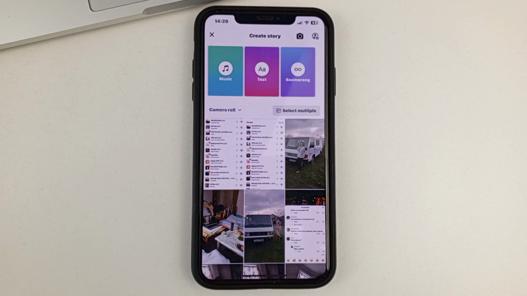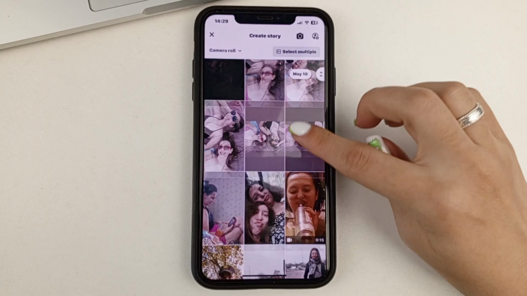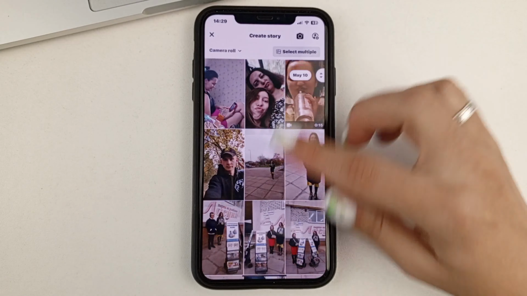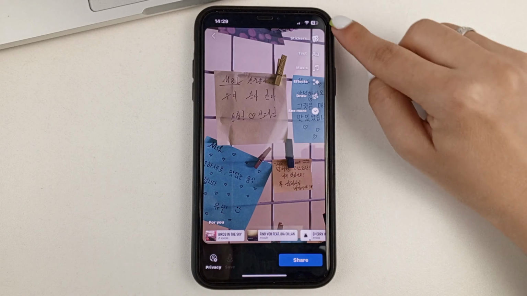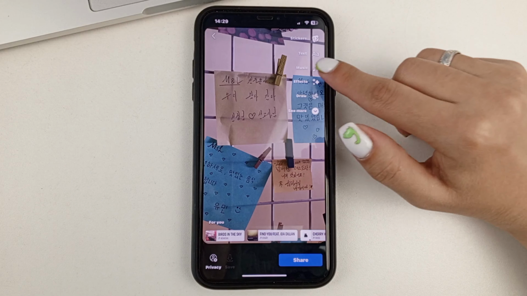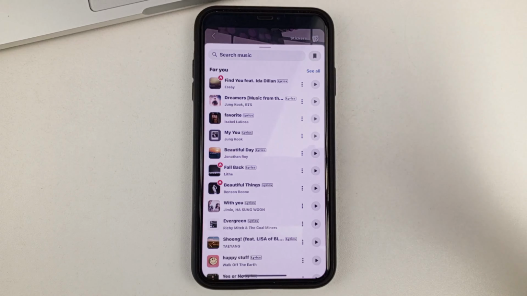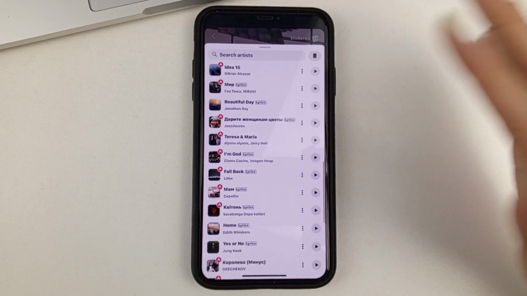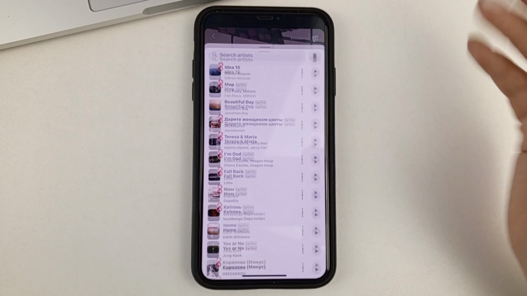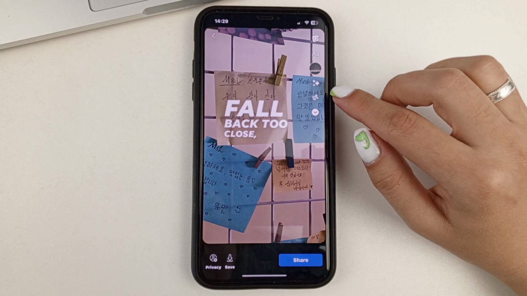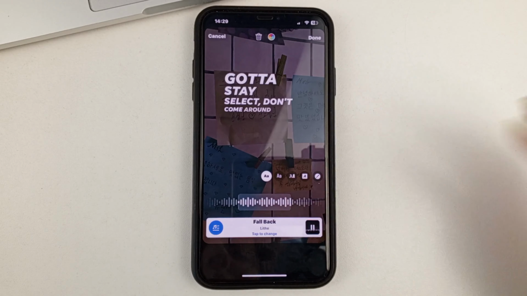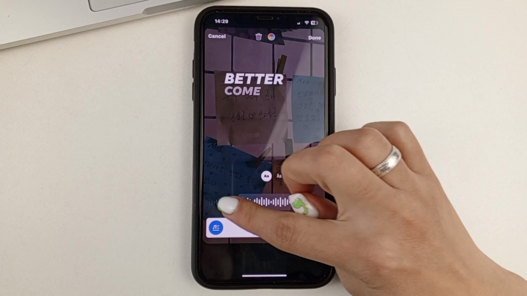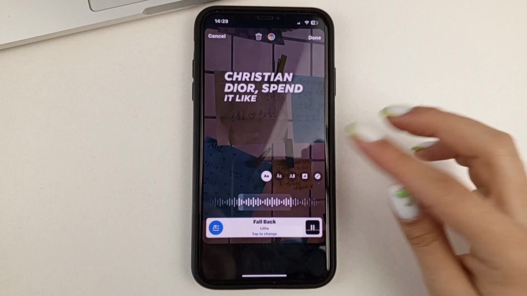If you want to select a photo first and then put music on it, then you just select the photo. And then you click on the right side of that menu on the music. And in the same way, you select the song you want to add. And then you can, for example, change also the lyrics of the song. You can move it around like this to choose the right section for you.